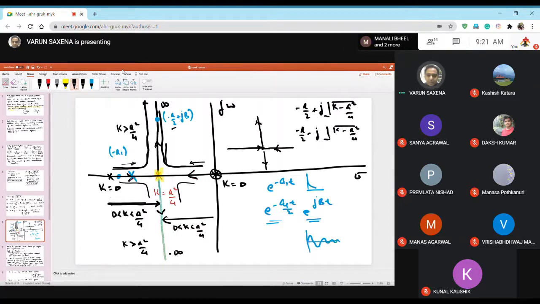But the entire time you are on the left hand side of the S-plane. You can see this is the j omega axis, so whatever is on the left is the left hand side of the S-plane. So in this case, regardless of the value of k, I can say that the system is going to remain stable. However, you can always argue on what values of k the system will be more stable, because the deeper you are inside the S-plane, the faster the transients are going to die and the faster steady state will be reached, and that is what you really want. So that is how you look at it.